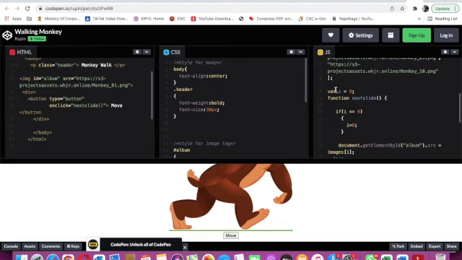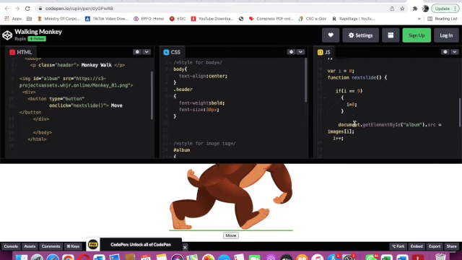After that, I will give one enter, and here I have typed var i is equals to 0. If we want, we can give any variable name: j, k, l, z. Now I will give enter, then function space nextSlide. We will give a function. Then I will open a curly bracket, enter 2 times. Then I will type if, and inside round brackets I will type i space 2 times equals, then space 9. Then I will give enter.